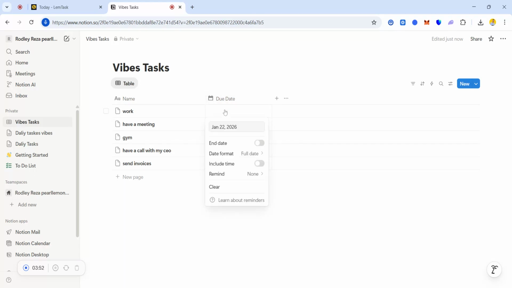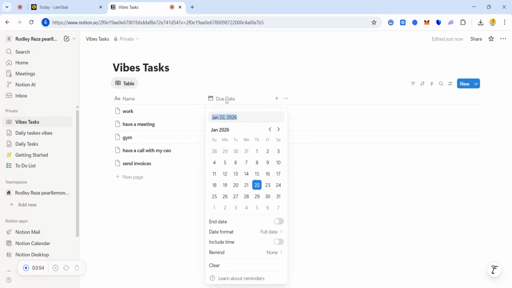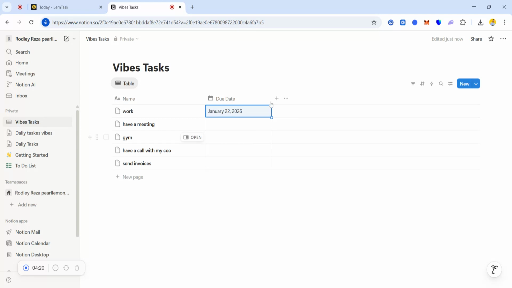So then you just press here after adding this property and you schedule a date. This is the start. If you want to schedule the end date, as you can see, you start from here and you can just click a second time. I'm starting today and this task is due tomorrow. Or just to keep it simple, give yourself one date that today this is due. Once you have added that,